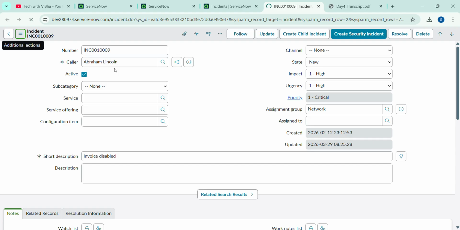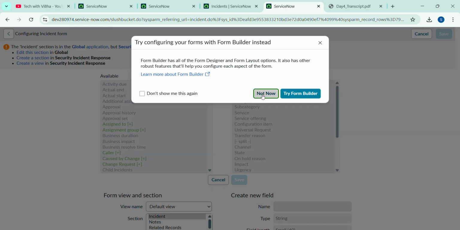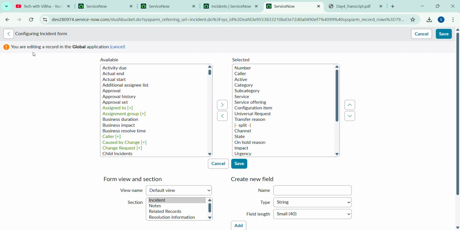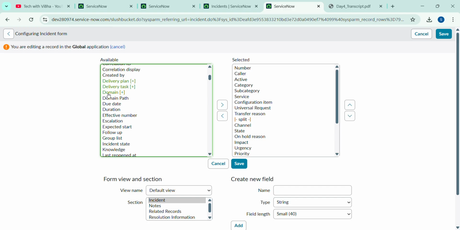If I click here on Form Layout, edit this section in global, and I'm just removing service offering,